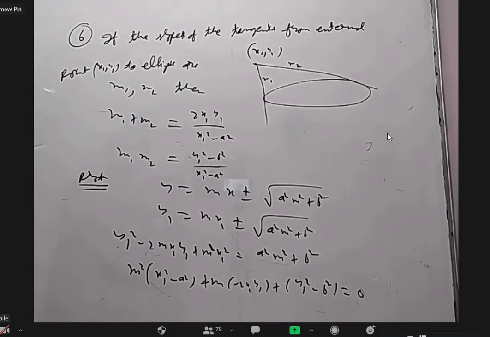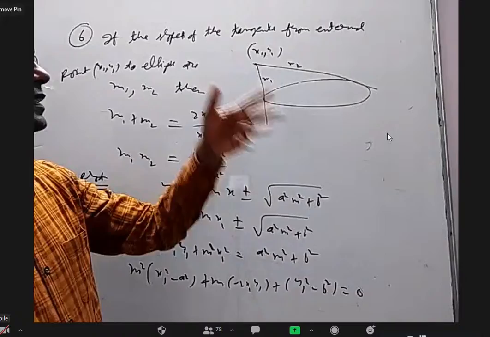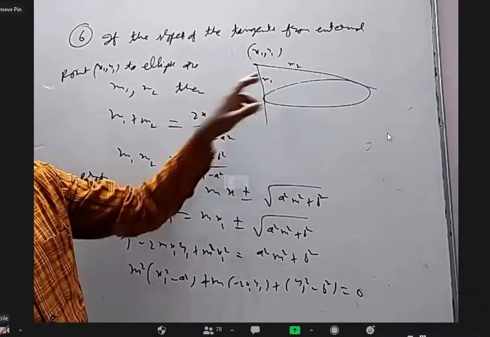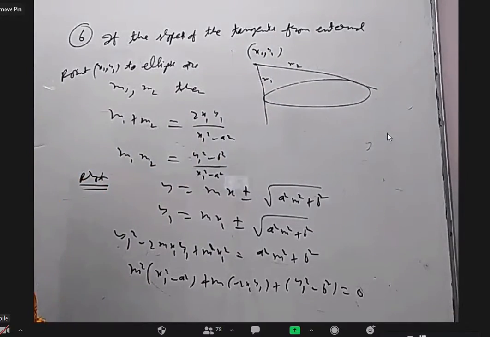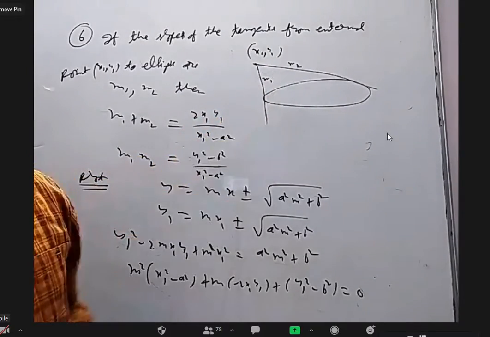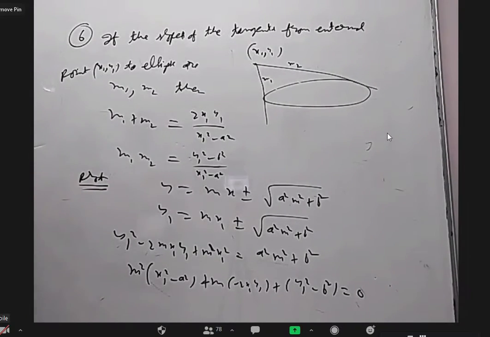Okay, I may not do too many questions, but in the parabola chapter we are done. If the sum of these two slopes is 7, what is the locus? Product of those two slopes is 9, what is the locus? Sum of the squares of these two is 9, what is the locus? Sum of the reciprocals of these two slopes is some 100, what is the locus? Based on these two, we can do all of them, right?